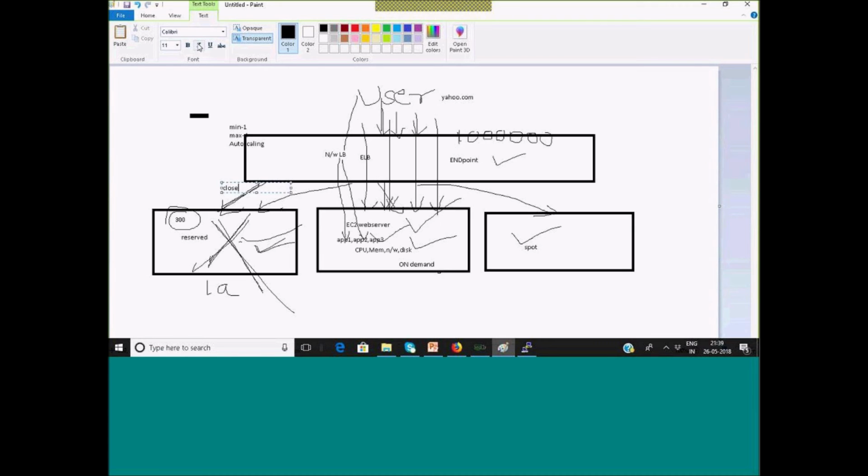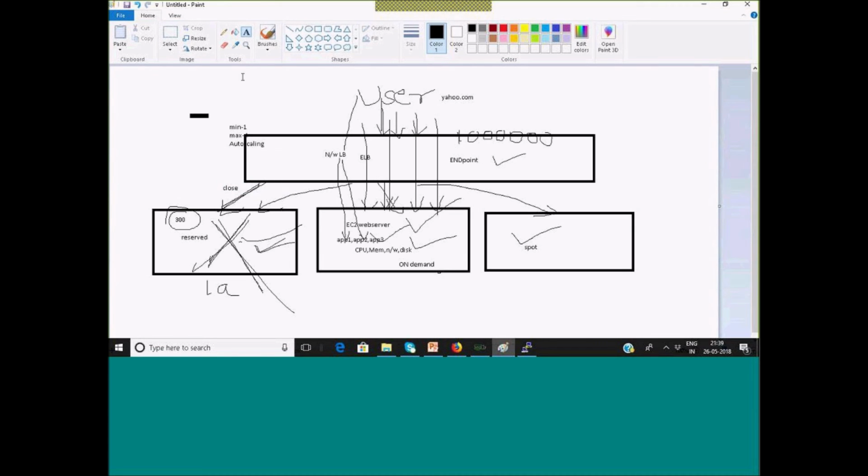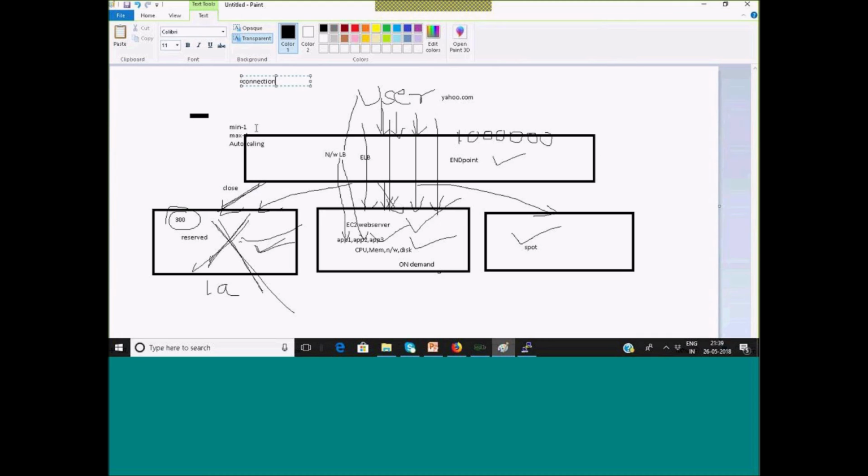Getting my point? We have 2 options: either we can enable connection draining, or we can disable it.